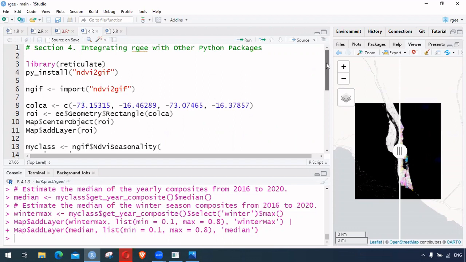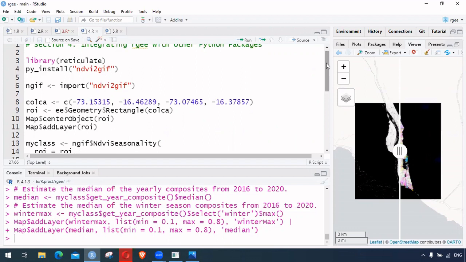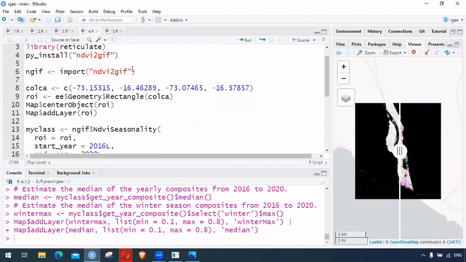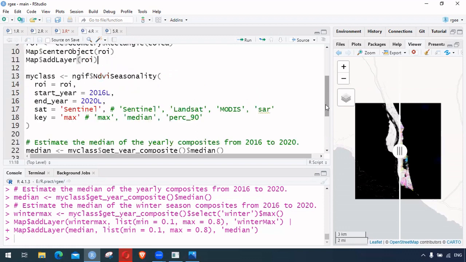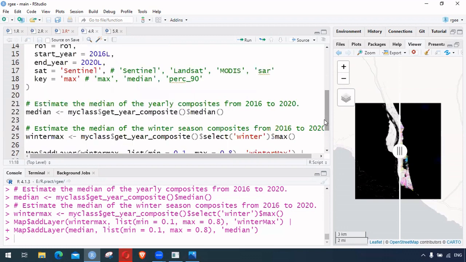And here we utilize the ndvi to GIF package. We installed it by py_install, and here is a nice way to import that Python package into the variable. So we created the geometry or the rectangle, and then we utilize this Python package to create the seasonality image to filter the images within the 2 different years. And then we created the median image